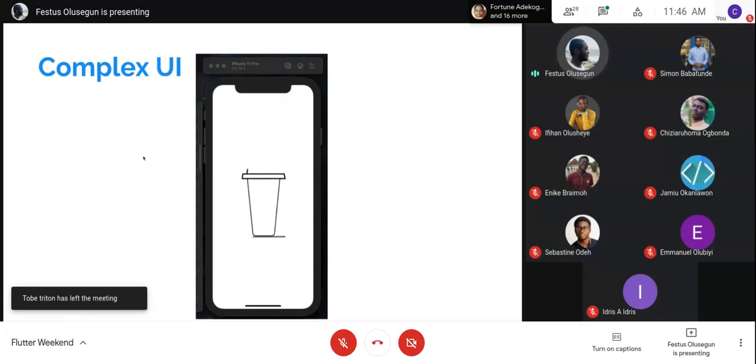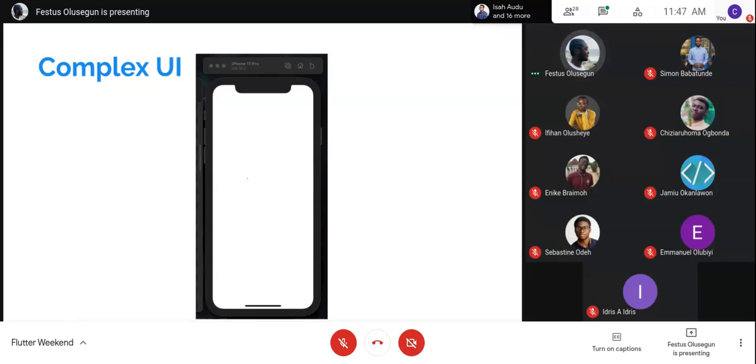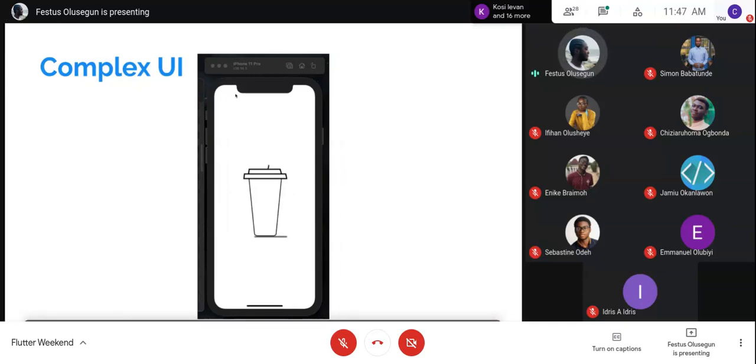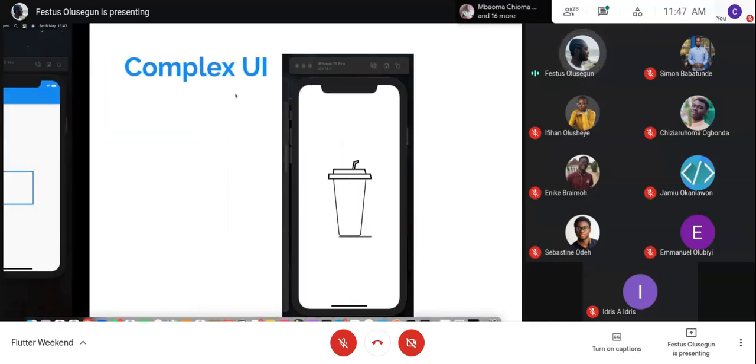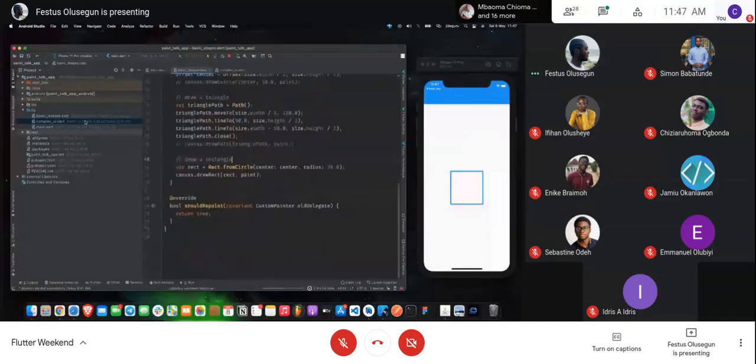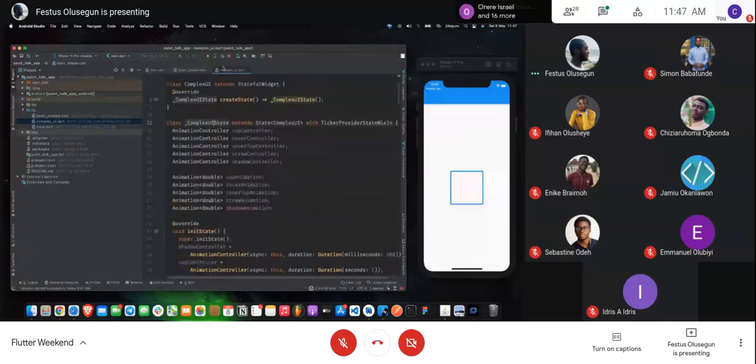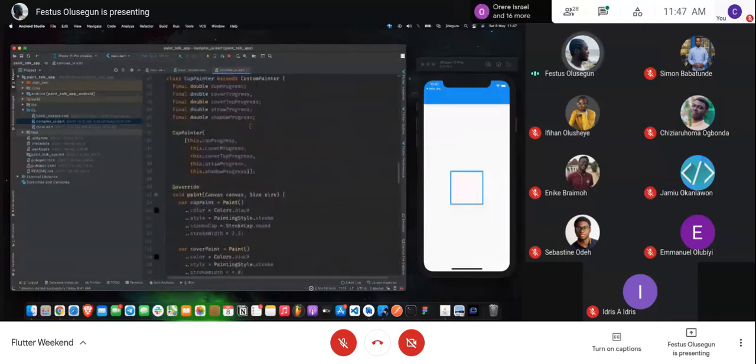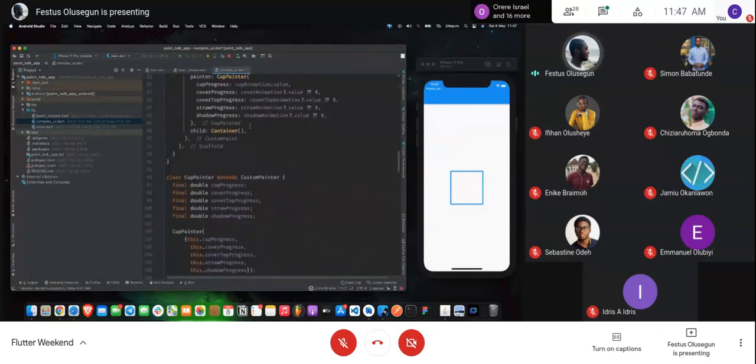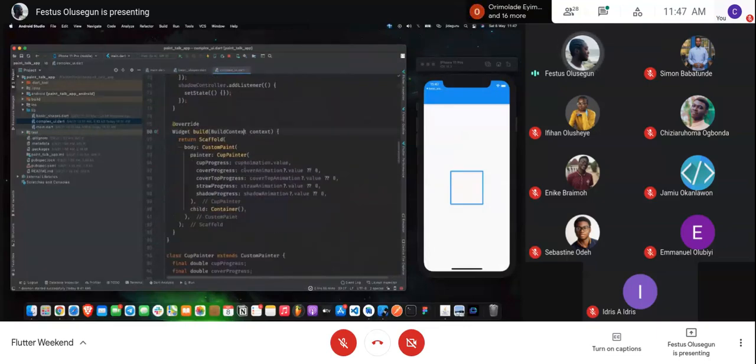So for the complex UI, I'll just take us through the code that was used in building this. Can you see the animation? We're going to just draw the cup and also try animating it. So I'll go back to my code now. Okay. I already have everything, so I'll just be going through what each